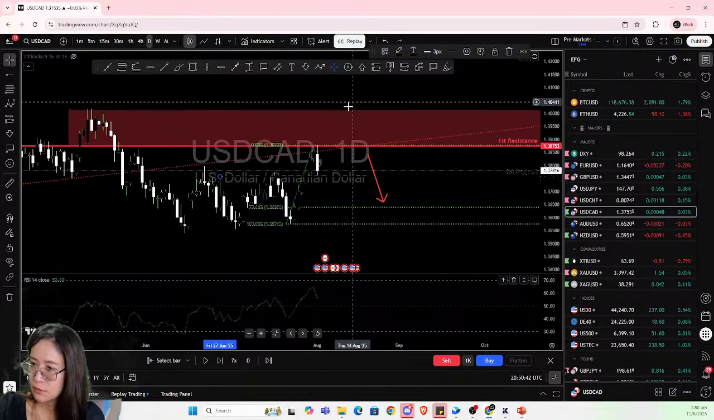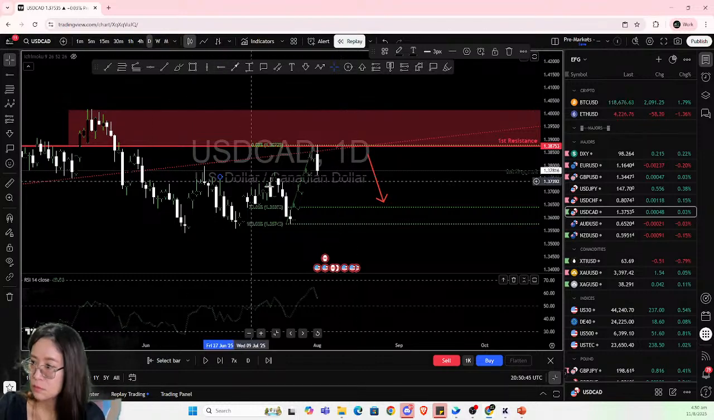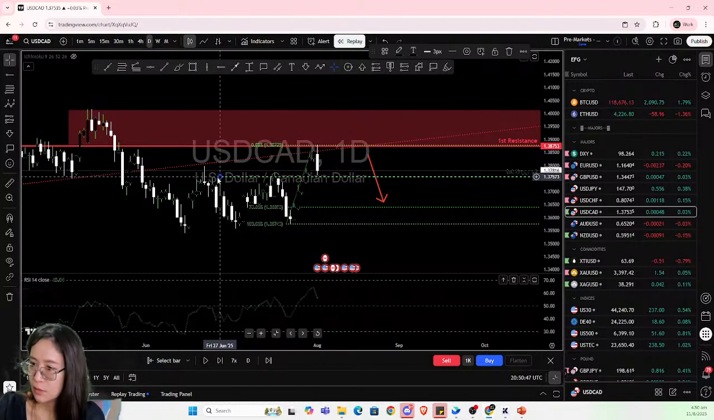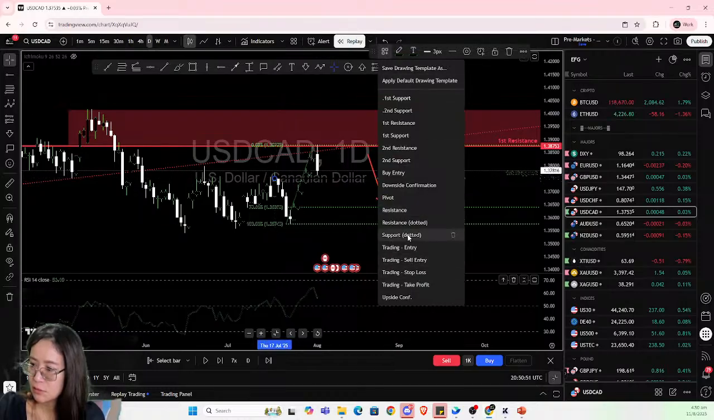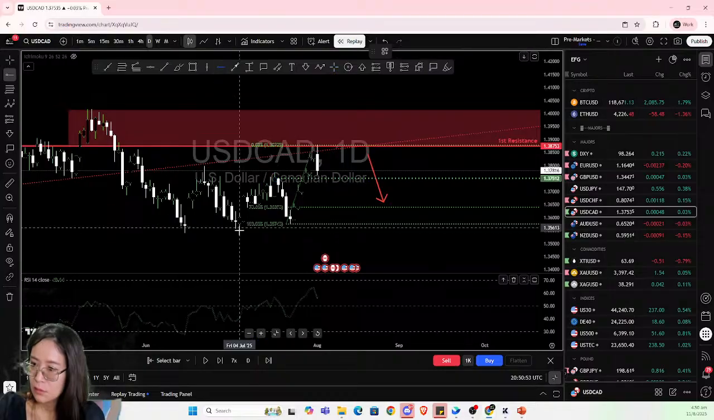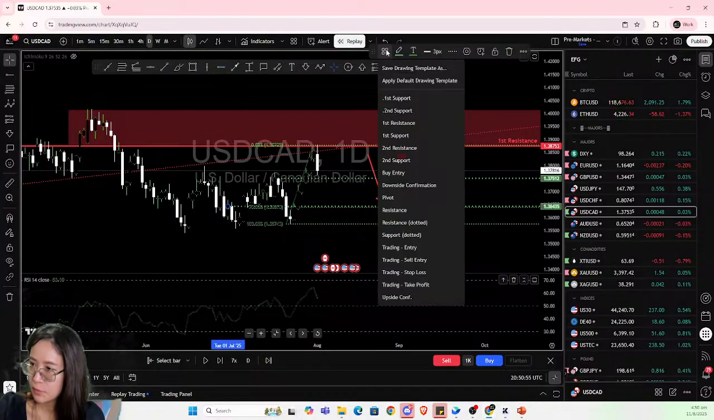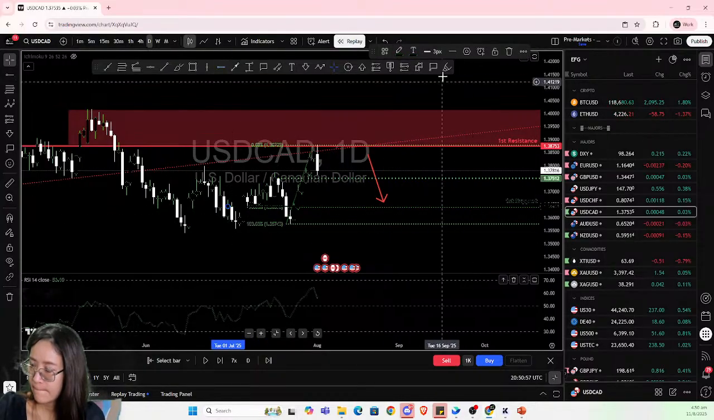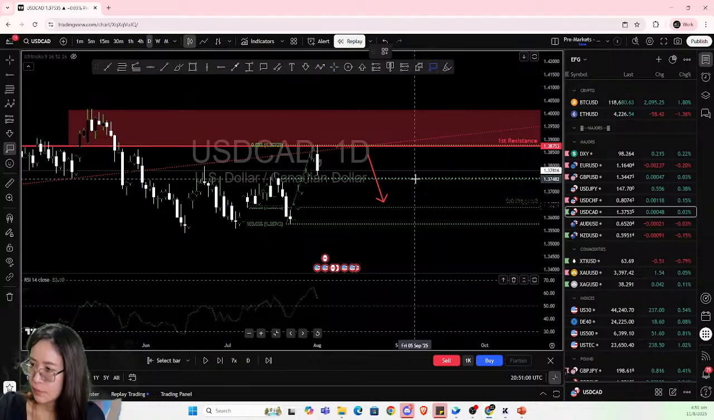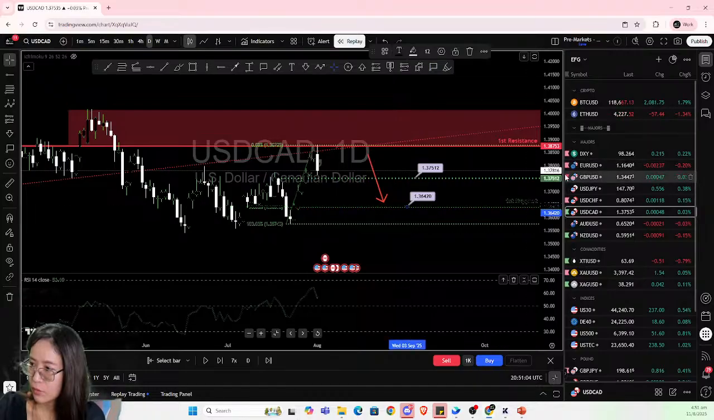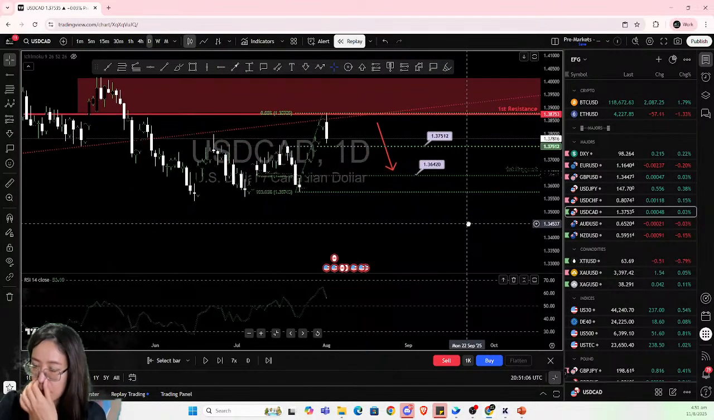Okay, first, I will say this is the intermediate support level. This is my first support, somewhere around here, or you can look at this number there. Okay,